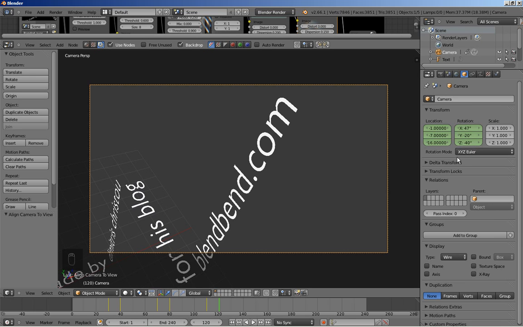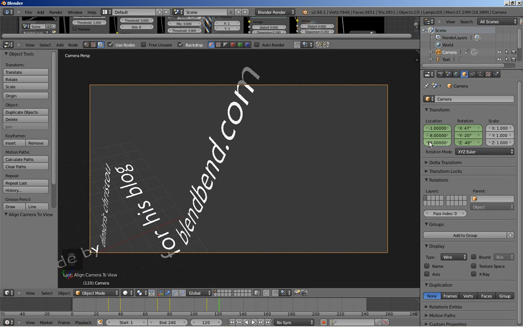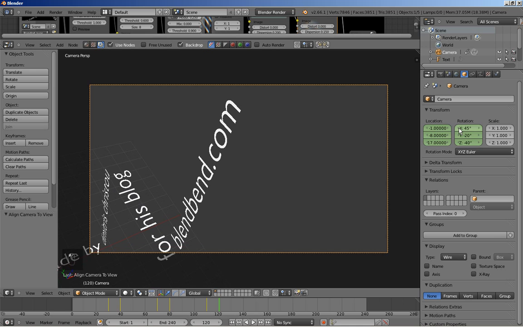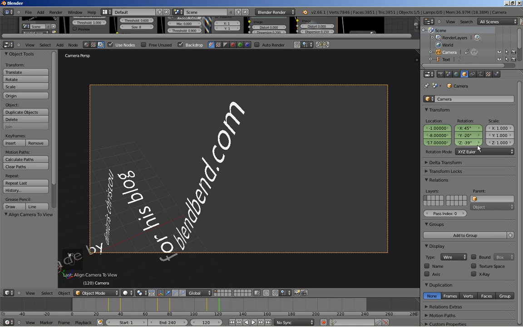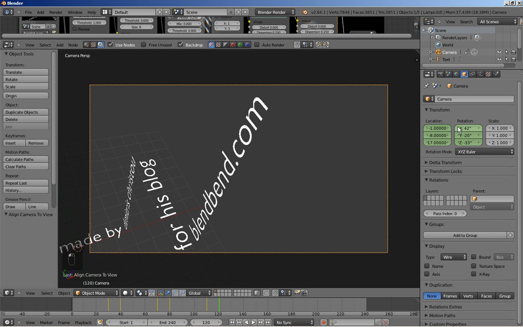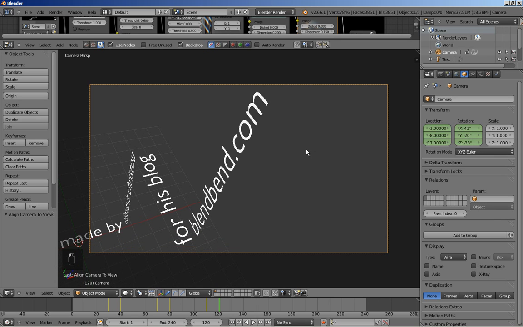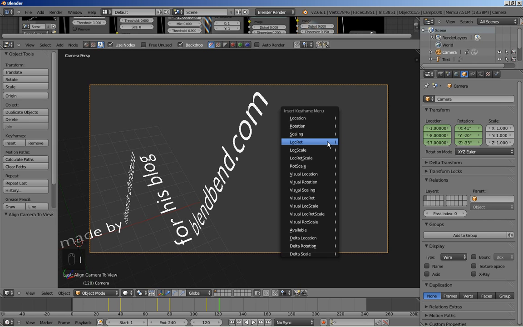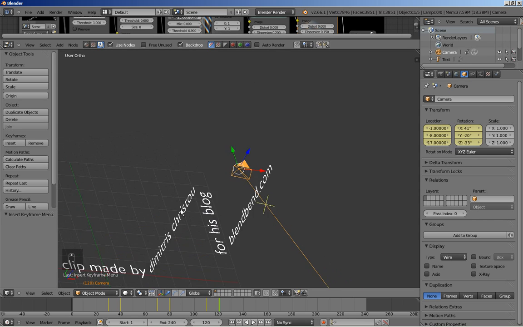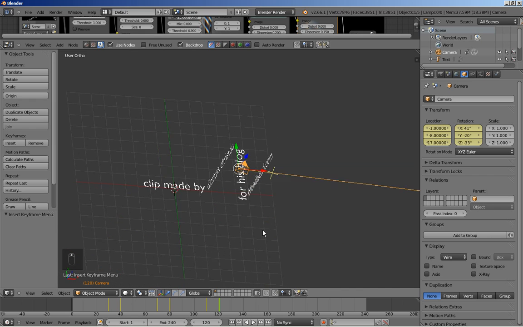Then I'm setting the Z rotation to -40, and then let's move a bit away on the Y axis. Let's set it to -8 and move up a bit, 17, and then bring the X rotation down, and the Z rotation, let's set it at about here, and again fine-tuning the keyframe position. So I think this looks pretty nice. I'll hit the I key to insert a location rotation keyframe for frame 120,